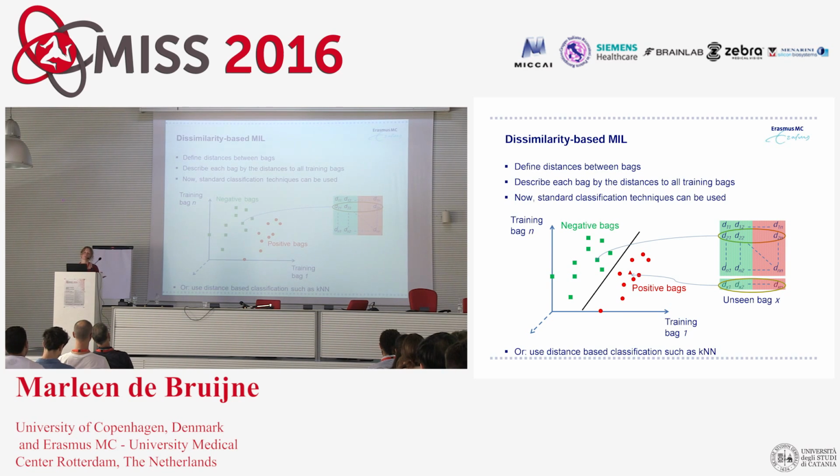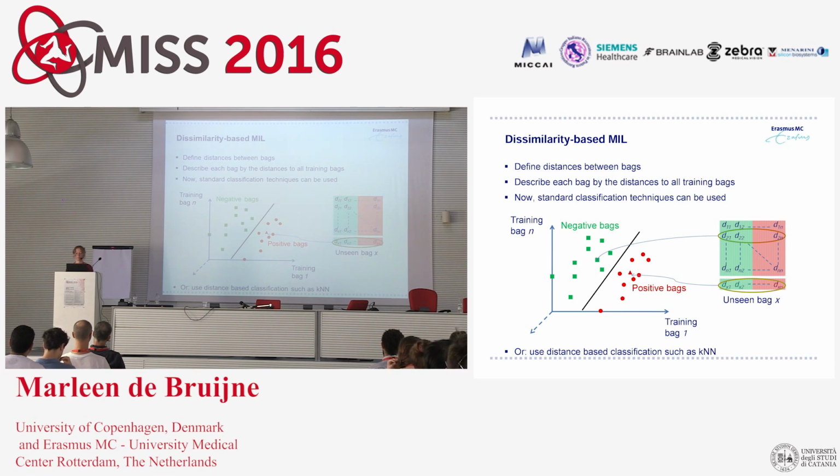And then you can compute any standard classifier like support vector machine or random forest, or another thing you could do is use a specific distance-based classifier that uses the distances directly, such as a k-nearest neighbor classifier. Then you don't need to build up this entire space. And a new unseen bag, of course, you can also define by its distances to all the training bags